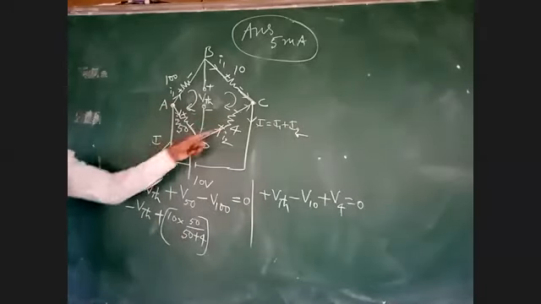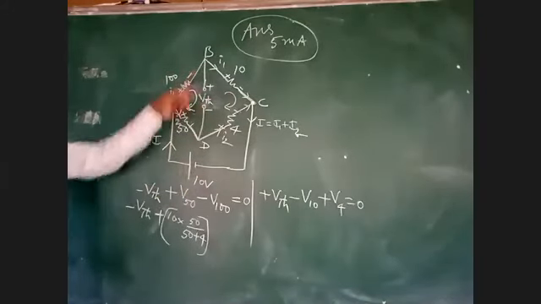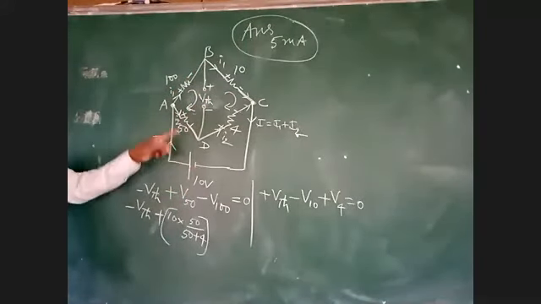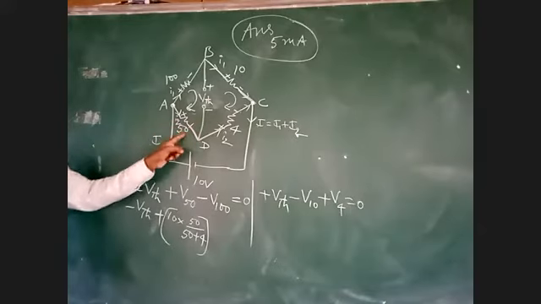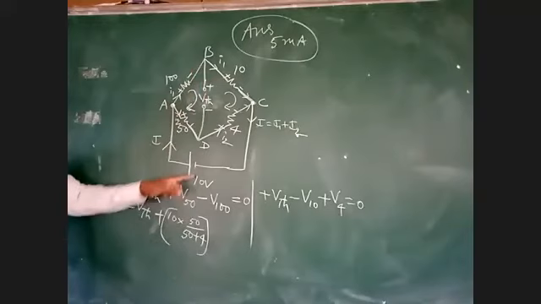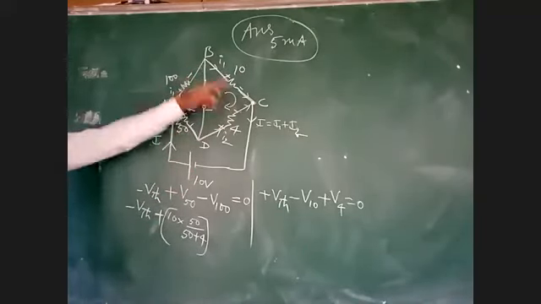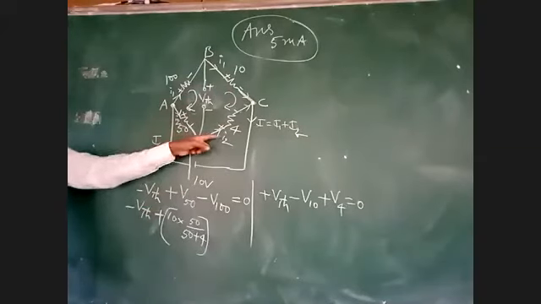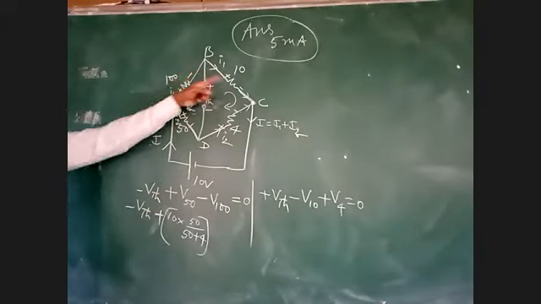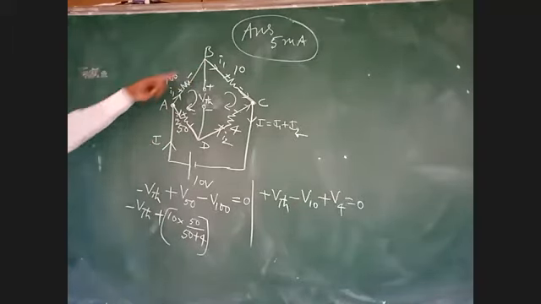See, this entire branch is in parallel with this. In parallel, voltage will be equal. Here 10 volts is there, which means the sum of the voltage in 50 and 4 is 10, and the sum of the voltage in 100 and 10 ohms is 10. This branch is in parallel with this, and this branch is also in parallel. But these two are in series: 50 and 4 are in series, 100 and 10 are in series, because current is not dividing at point B and point D.